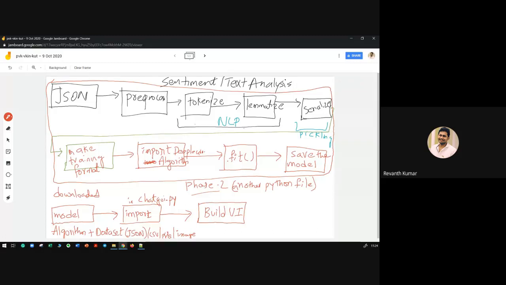Now your prediction, this is the most important part. Once you build the UI, building UI means it is not just what you see, it is also having the functionality. What is the functionality? Whenever a new person sends a message,